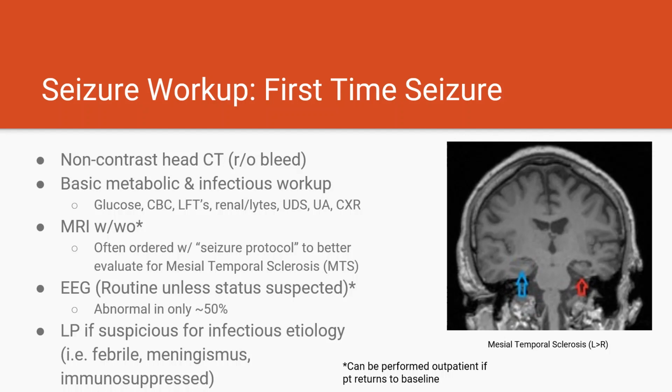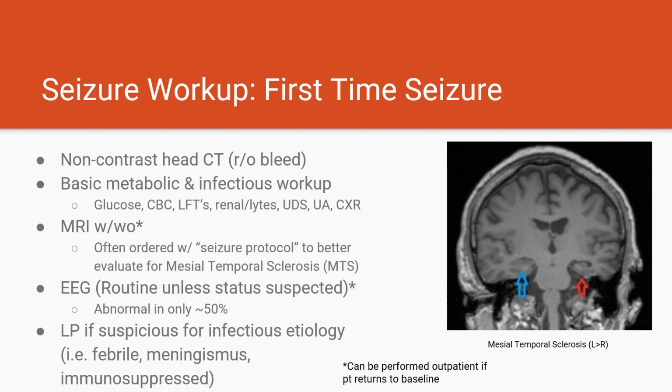As you can see here, mesial temporal sclerosis, where that left hippocampus is very narrow, is a very common cause of seizures. We also want a routine EEG. We always start with a routine 20-minute EEG, and we can always escalate in the outpatient setting if we're really suspicious. Of course, if a patient is not returning to baseline or if they have any focal neurologic deficits, the workup needs to be performed urgently inpatient,